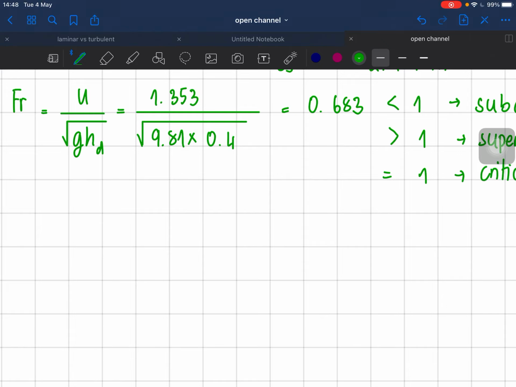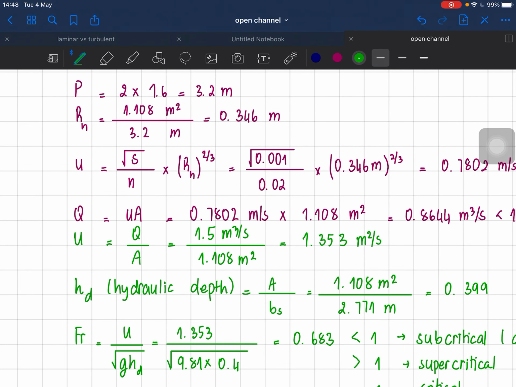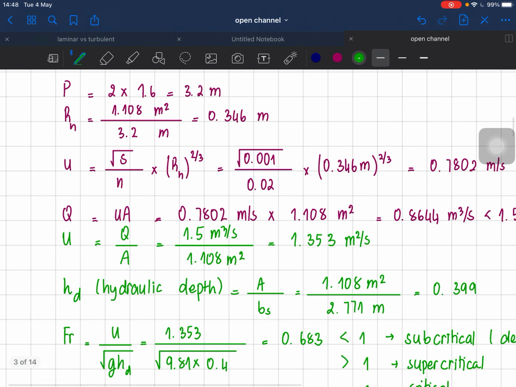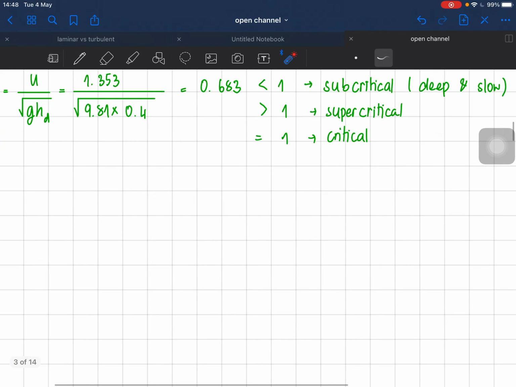From question A, we need to find the normal depth that is greater than 0.8, because as you can see, if it's the normal depth here, the flow is going to be above the V line. So in order to have it at a normal depth that is greater than 0.8, we need to compute the following